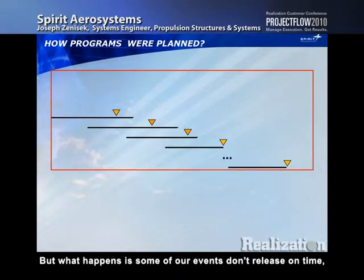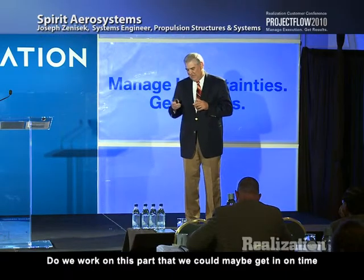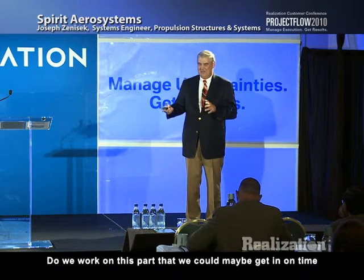But what happens is some of our events don't release on time, so they get gathered up on top of events that we could currently release and make it on time. So we have a lot of confusion about what the priority is. Do we work on these late parts? Do we work on this part that we could maybe get in on time,